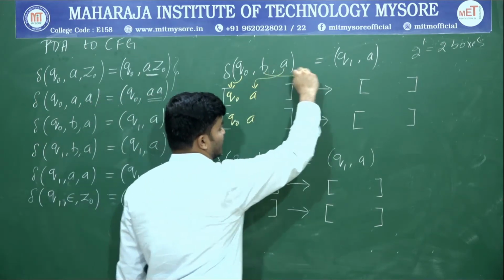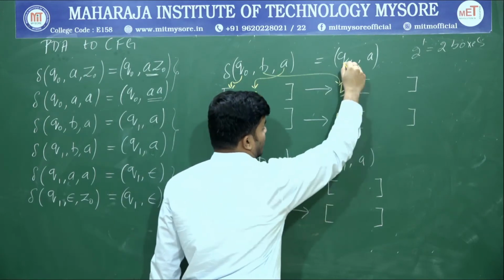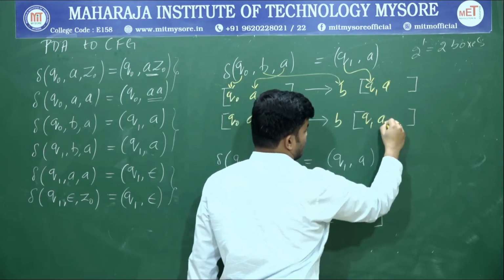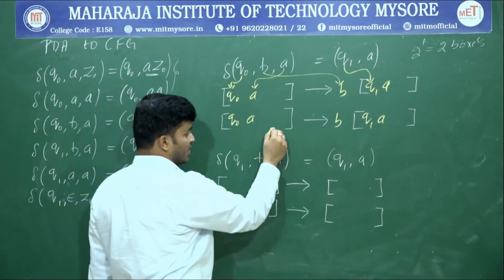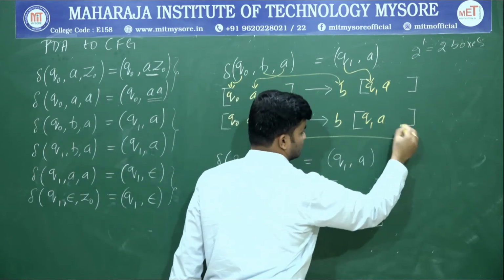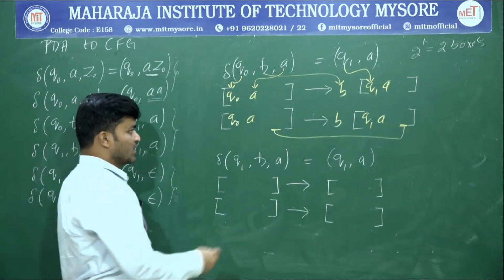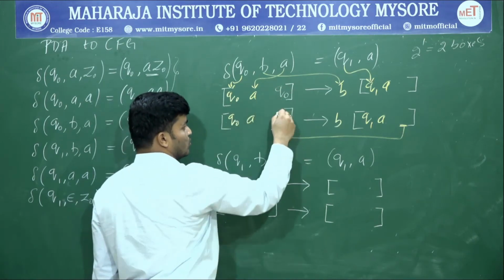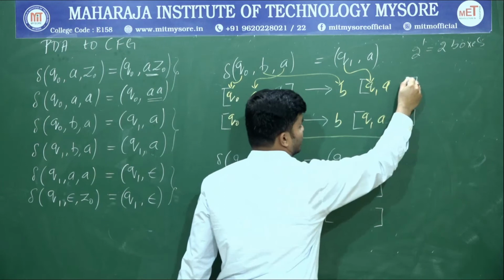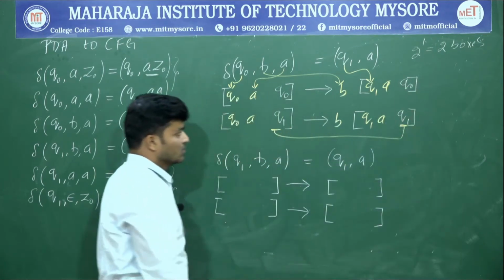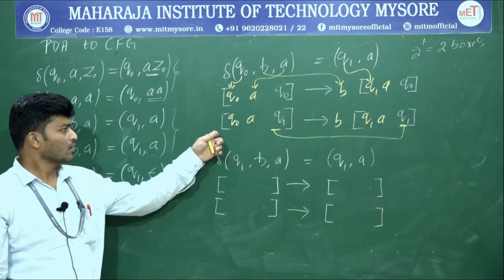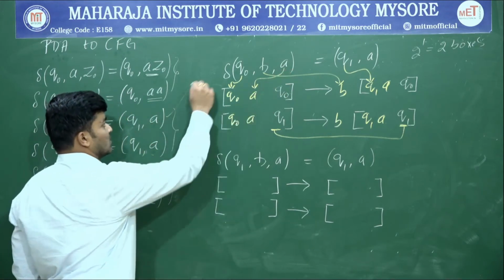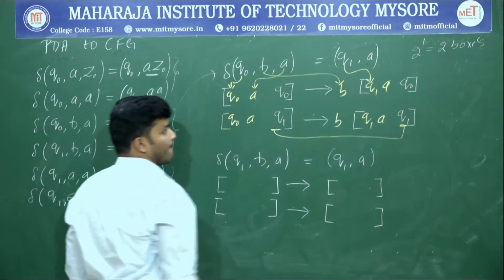Again this B should be repeated over here. B, B. And this Q1 should be repeated over here. Q1, Q1, and next here? Now since we have only 2 boxes, whatever you write over here, that should be repeated in the last position. Okay. So what I am supposed to write in the last column of the left hand side box, if it is 2 Q naught, next is Q naught, Q1. And the same thing I have to repeat, Q naught, Q1. That's it. So this is the context free grammar for the given PDA of this particular type. Means in the right hand side we are going to have only one term.